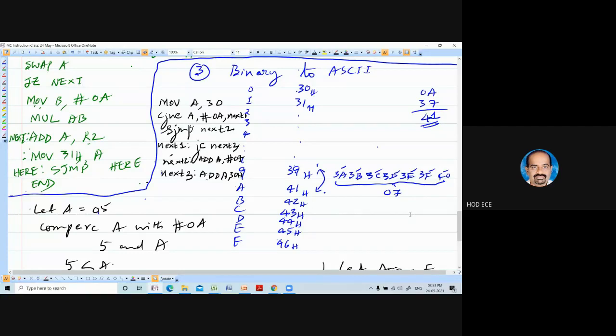If it generates a carry, accumulator is having less than A. Then you have to just add 30, that's all. So jump carry next 3, add A with 30. If there is no carry, accumulator is having more than A. Then you have to add extra 7 as well as 30. That is how the program works.